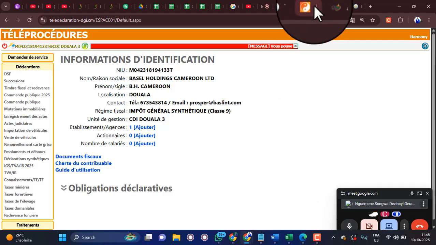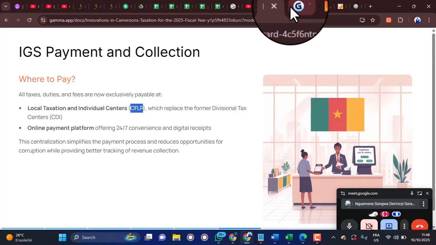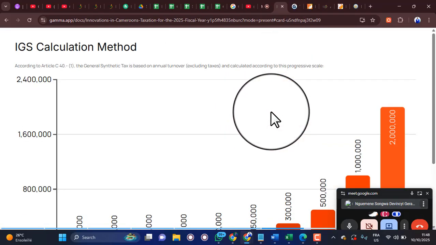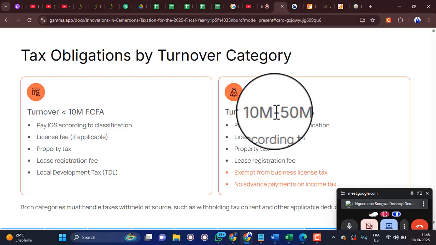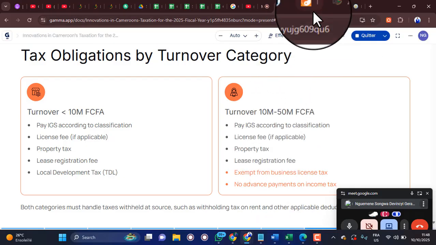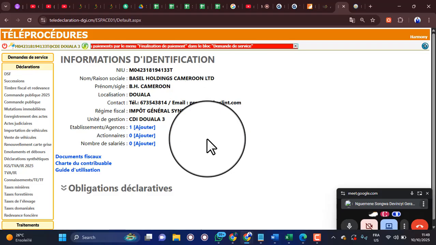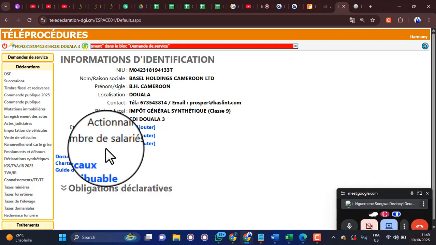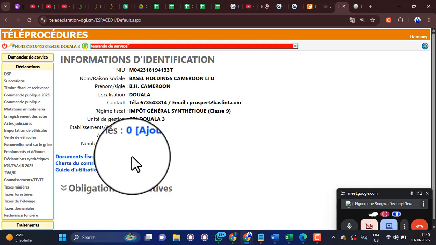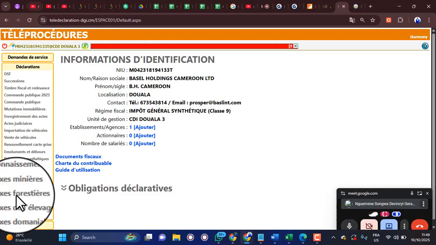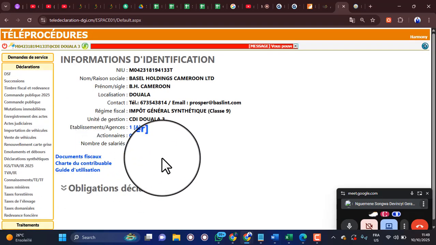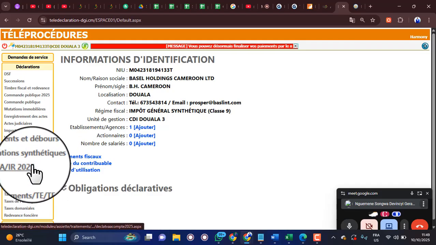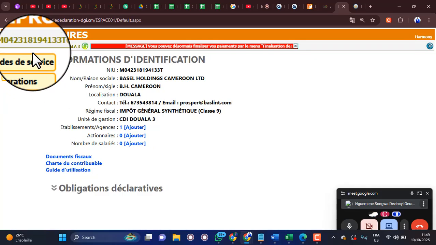Now, what we are going to see here is how to make the declaration of the general synthetic tax and all the other taxes. So what we do is that at first, like before 2025, things are changing every day. We can be making these videos today and then tomorrow something changes on the platform. So as of now, to make declarations of taxes, you need first of all to understand that